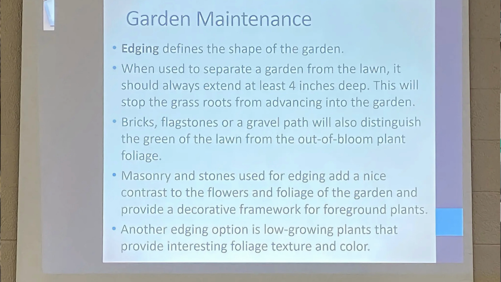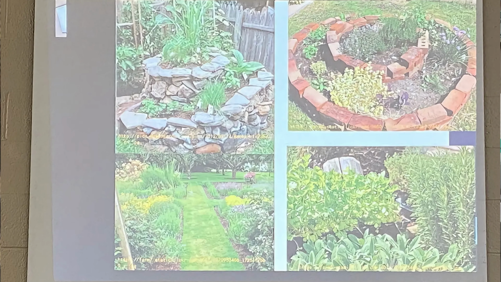Edging defines the shape of the garden. When used to separate a garden from the lawn, it should always extend at least 4 inches deep. This will stop grass roots from advancing into the garden. Then there are bricks, flagstones, gravel path, mason stones, and other edging options, including low-growing plants that provide interest, foliage, texture, and color. And there's some examples of edging: rocks,